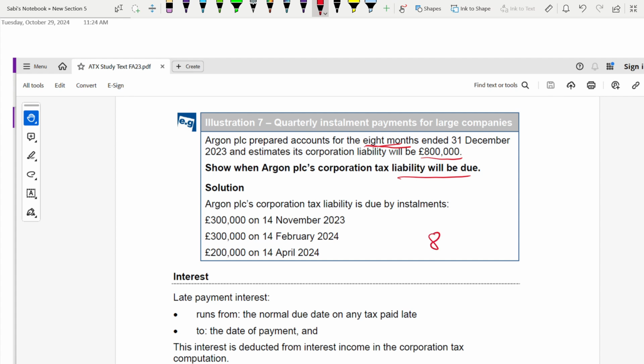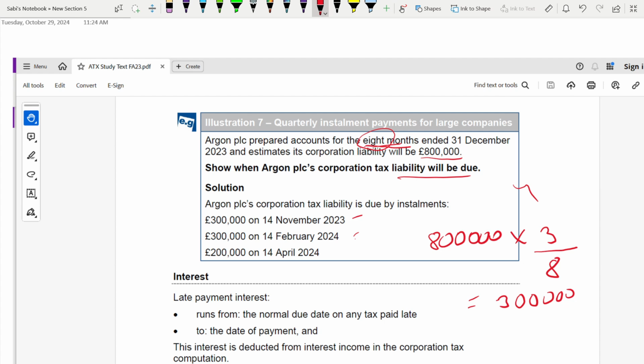So corporation tax into N. They have told us N is 3 if it is quarterly installments. Okay, full quarterly installments. So it's 3 divided by the length of the accounting period. The accounting period here is 8 months. So it's 8. So it's 300,000. The first 2 installments, there is no issue. It will not be equal to 4 installments. There will be less than that.